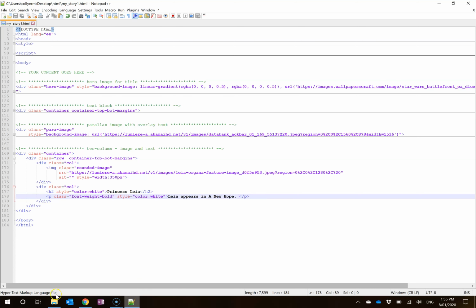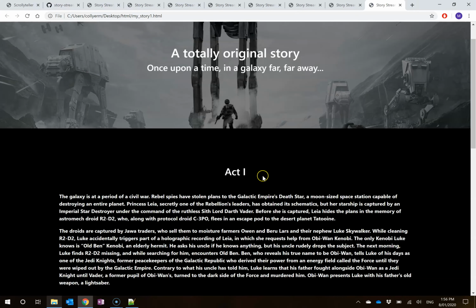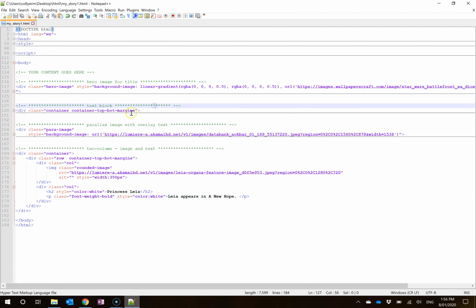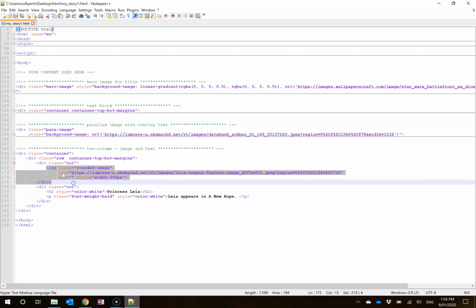Hit Control S to save, reopen the file, and you'll see that it appears here. Now, there's a lot of question then about how it is that we go about changing the image. The HTML here doesn't actually include the raw image itself, it does include references rather. So you'll see here that under this image class, so this is where the image actually appears, there's this